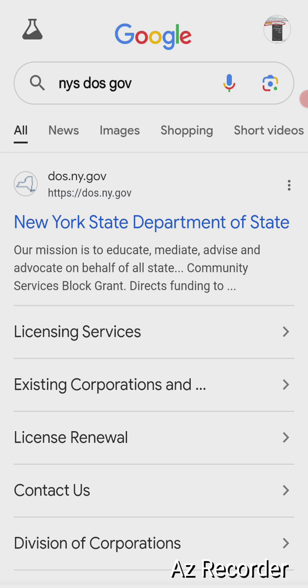All right, so we always go through the New York State Department of State, that is dos.ny.gov. Why? Because universally, the UCC-1 that is accepted by everyone is the one from New York. New York is the most detailed one. Does it matter what state you're in? No, it does not matter what state you are in when you're doing a UCC-1 financing statement.